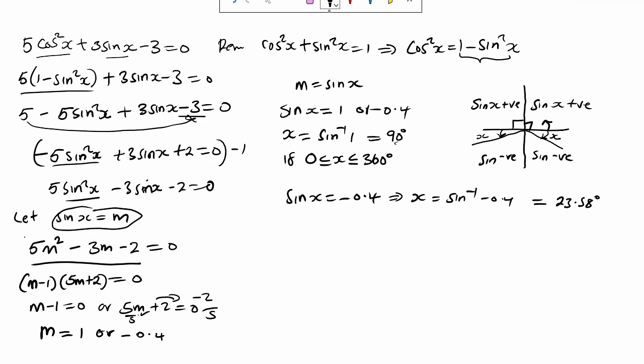In the third quadrant we shall add 180 degrees, and in the fourth we shall take 360 degrees minus x, so that our x in the third quadrant becomes 23.58 added to 180, which is 203.58 degrees, or the value of 360 subtracted 23.58, it gives us